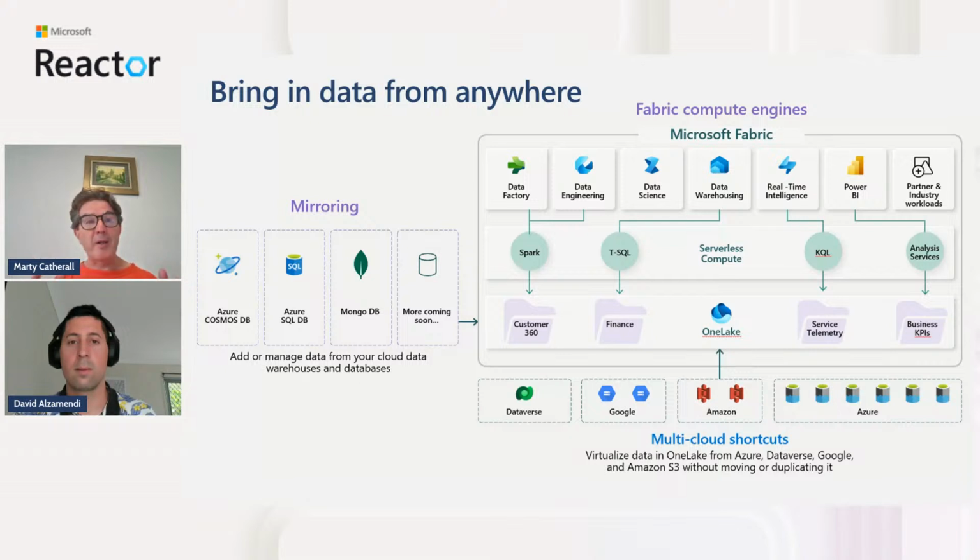So you'd set mirroring up. You'd say, my Azure database is over here, my table is over here, that's the one that I want to mirror. And as data changes in that source system, it would be automatically pushed across to the OneLake storage, so the data would be kept in sync in real time. And we can do that with many, many data sources. Not only Azure DB, but also Cosmos DB, MongoDB, and there are a lot more data sources coming.